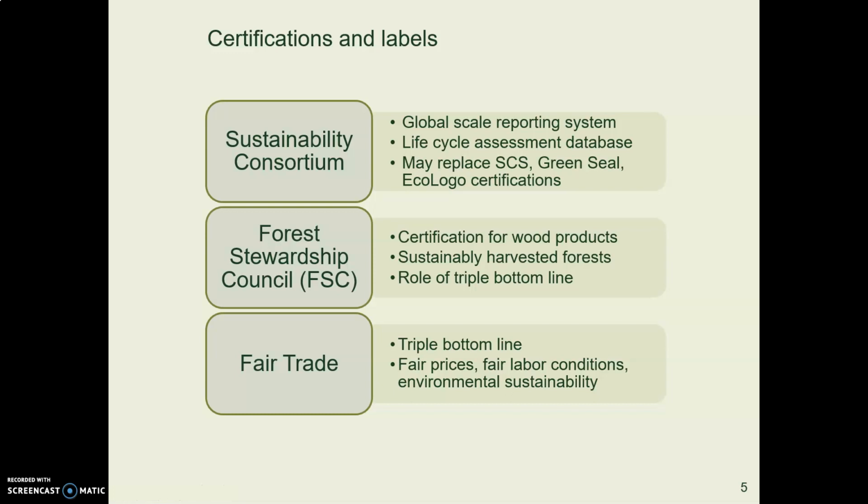Well, certifications and eco-labels are proliferating like crazy. There are hundreds, maybe thousands of them popping up all over the world, like new plants in the spring. And we're still waiting for all of them to sort themselves out. But there are some certifications that appear to be solid, and you may have run into some of these. The Sustainability Consortium is a big consortium of manufacturers. They have a rigorous reporting system and assessment system with lots of data.